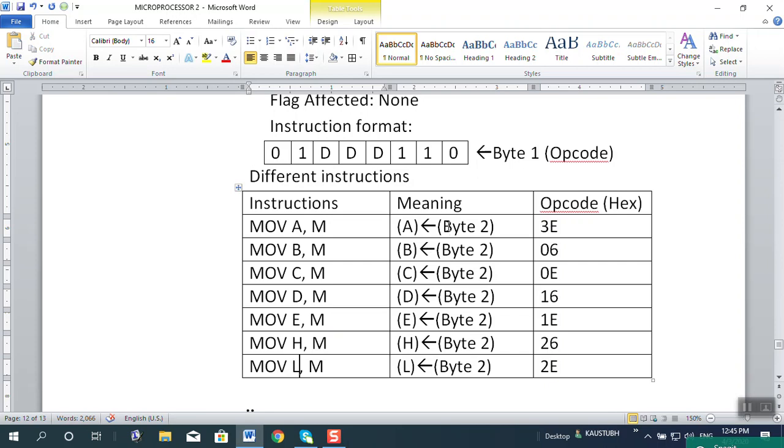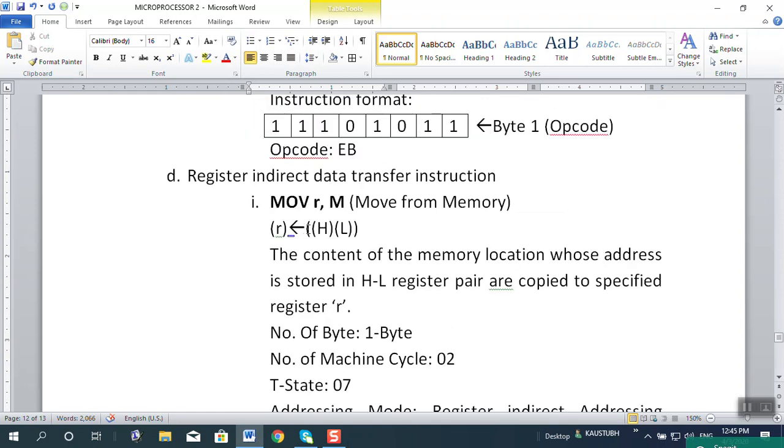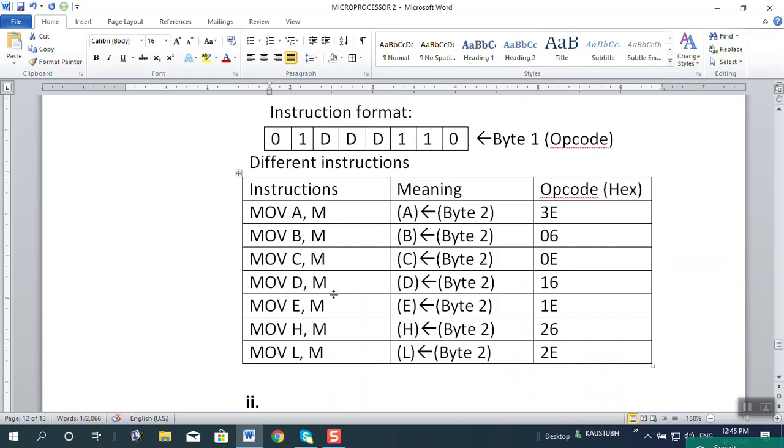So here it will be, A is copied from the memory location whose address is specified in HL register pair. Similarly,